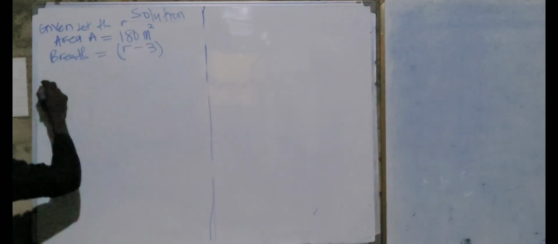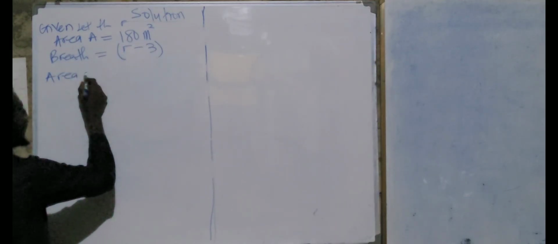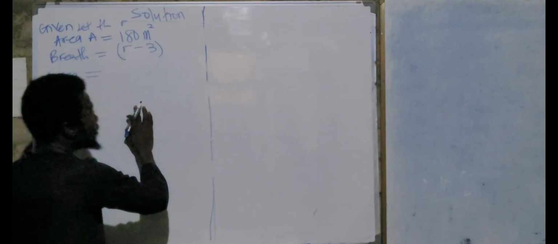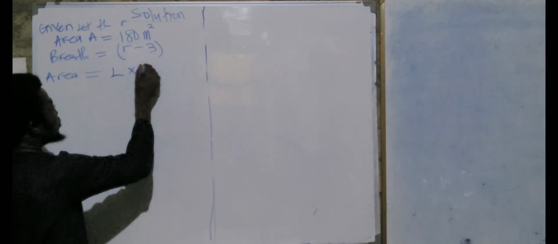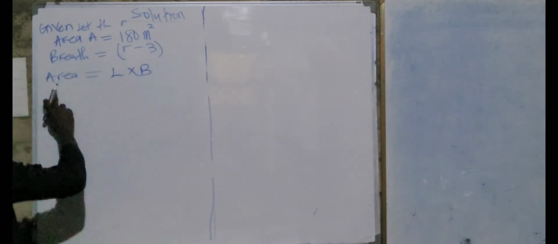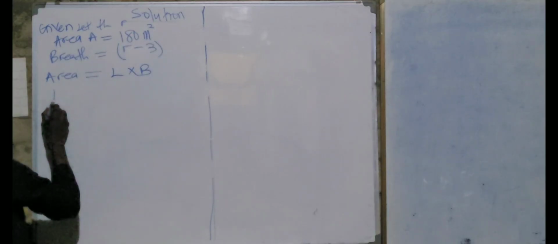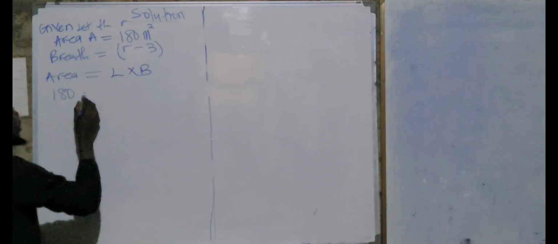We say area now is equal to what? Area is now equal to, for a rectangle, the length multiplied by what? By the breadth, right? Now area is given to us. And what is the area here? 180. We now have 180 equal to the